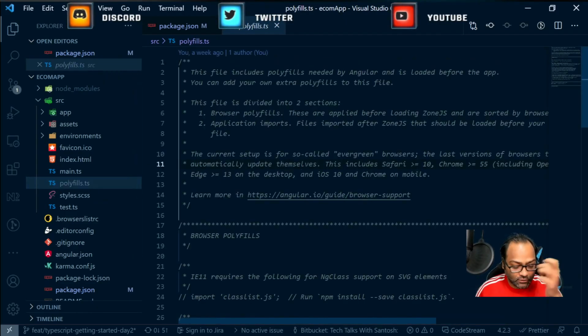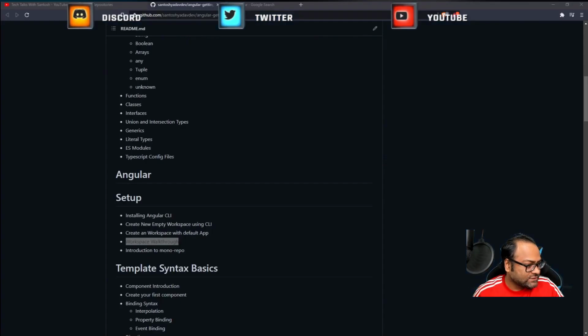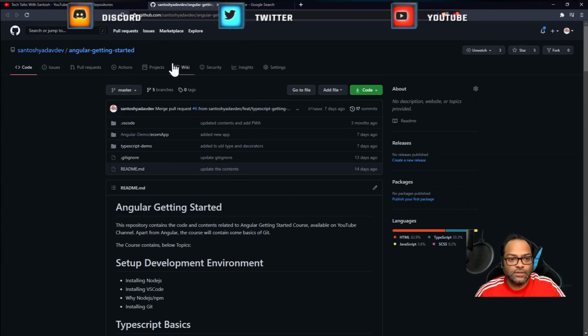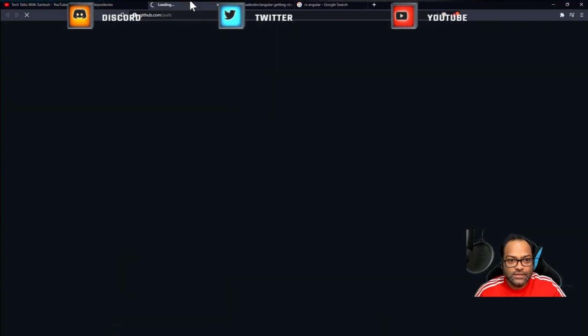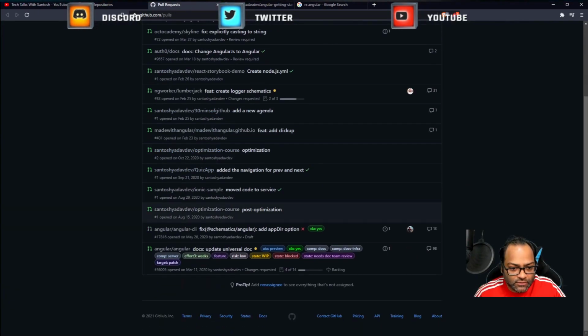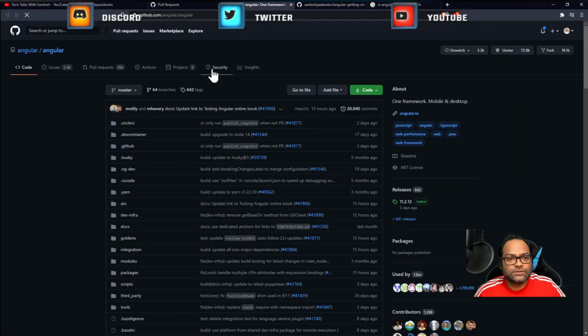Polyfills. So right now, as of Angular 11, Angular 12, IE has been marked as deprecated, and it is optional. So if you want, you can still go ahead and include IE11, but there is an RFC. I'm not sure if you have seen it, but in case your organization is already using Angular and they still care about IE11, I would suggest you go ahead and read the RFC. It's Angular